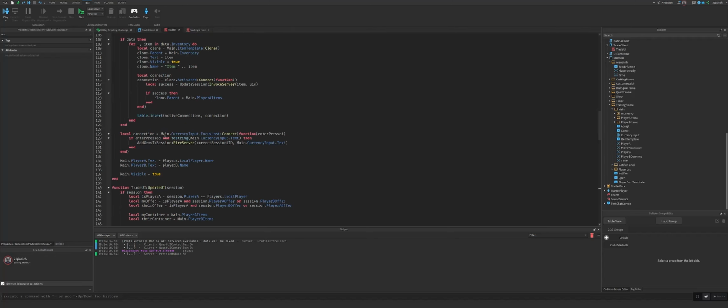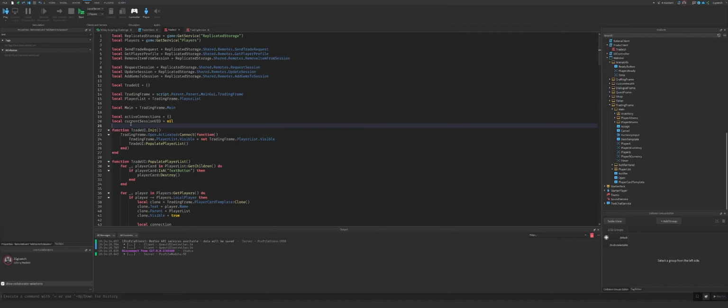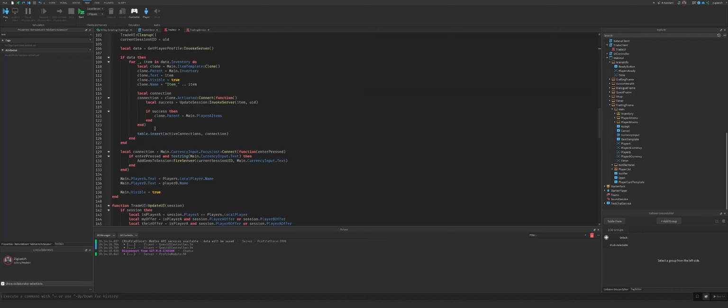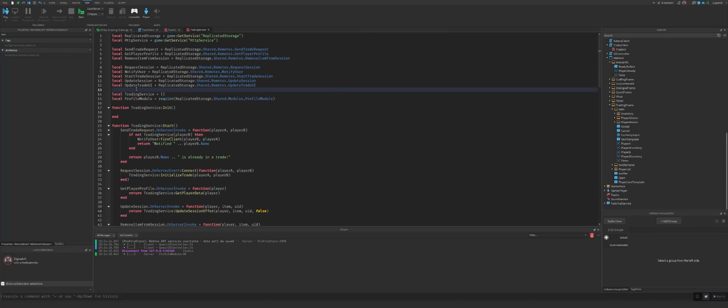What am I doing? So when we call this, we can actually make a variable called currency connection, and I'll set the currency connection to be this right here. And I'll just disconnect it after the trade has been completed. Now, on our trading service, let's grab the,